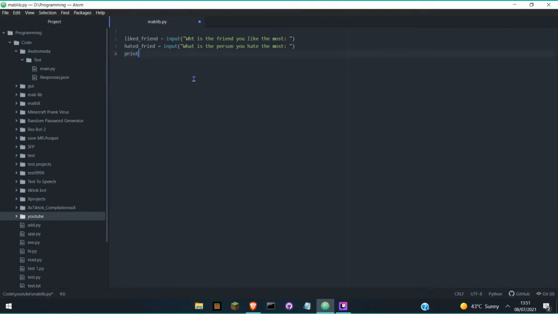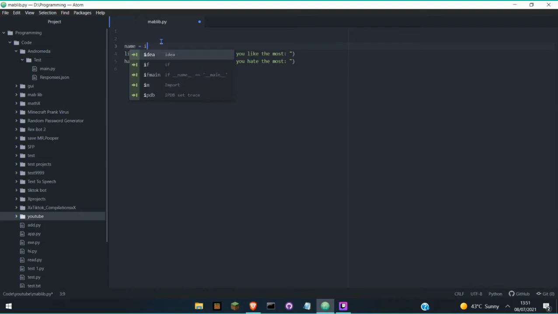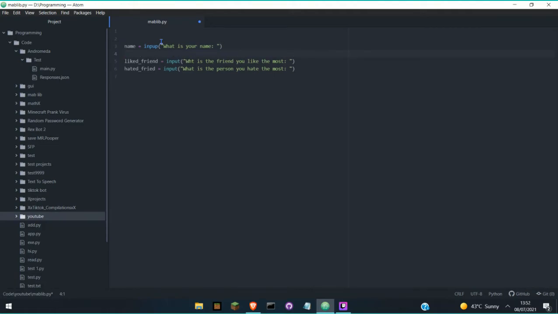and let's actually create another variable, and name this variable name equals input, what is your name, and then we can go here, and now we can print the statement. So print here, and we can print stuff out. Okay, wait, I forgot input here, so input. Okay, so we can print out,